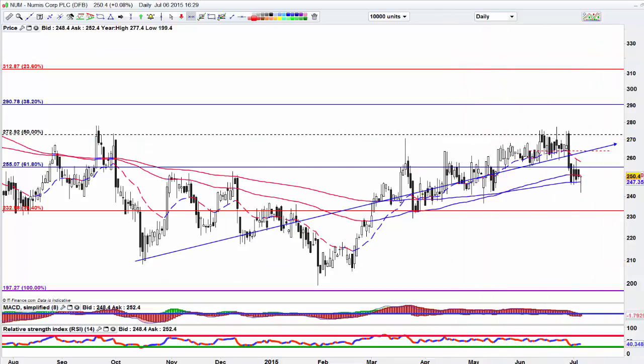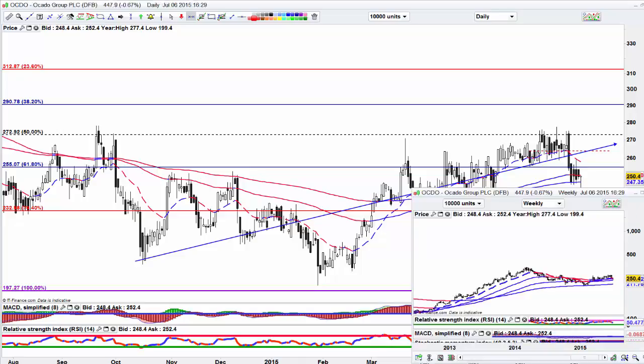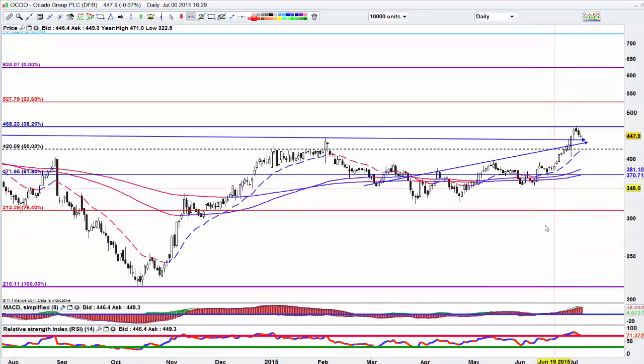It's Numis. It's a messy chart. I mean, it does actually look as if that could hold. There's a hammer on the 200 there on Numis. Ricardo raced up, put in a reversal bar on the second. If you're interested in shorting this, I would be cheeky and hold out for what seems to be